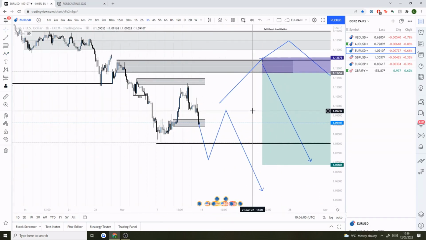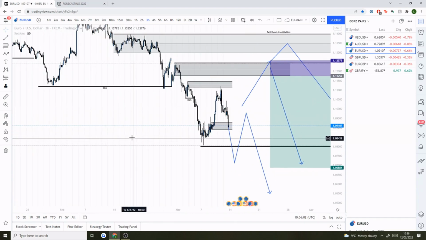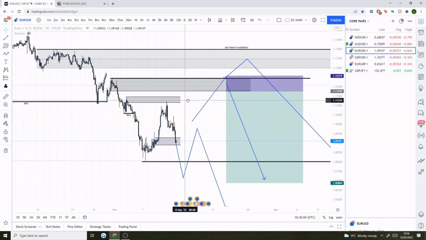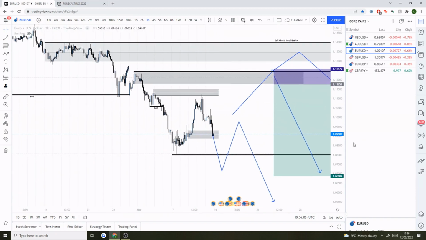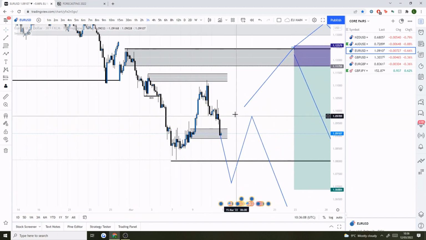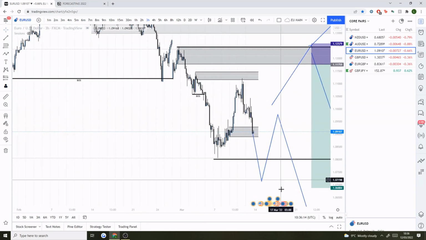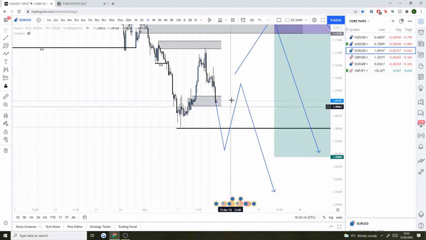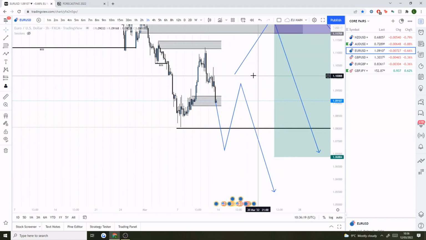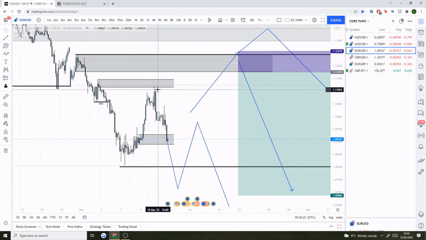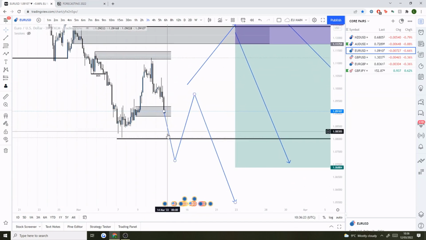So with the euro dollar, what I'm really seeing is 3 potential situations. The first situation, and that's what we're seeing the most evidence of right now, is that price is reacting off this 3-hour order block to then just continue the downtrend, and it will just continue creating new structures until we see that trend transition. So what we can expect is that this order block will hold, and then we'll just continue to see price coming down.